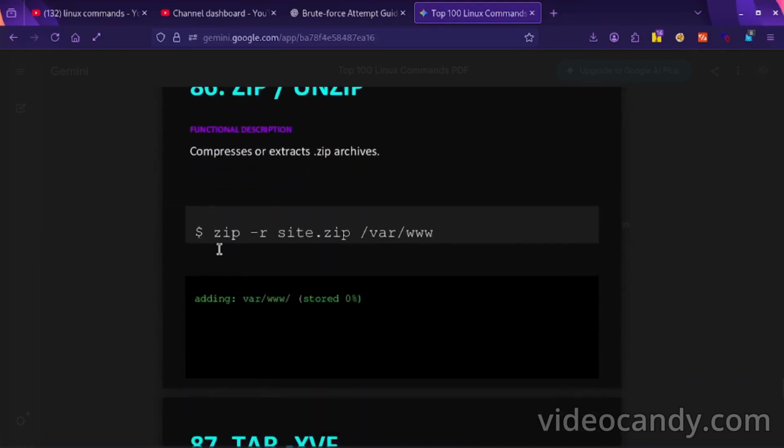If you have a zip file like site.zip and you want to read it, you have to write unzip, the zip file name, and where you want to extract it. In this folder it will be stored, unzipped.